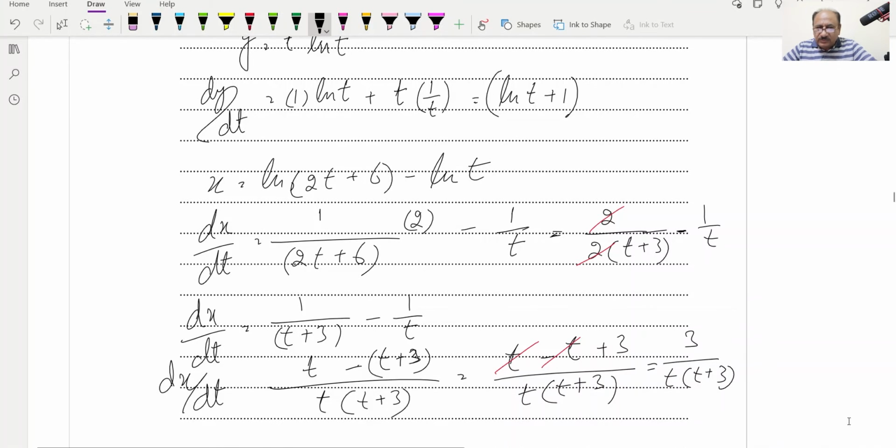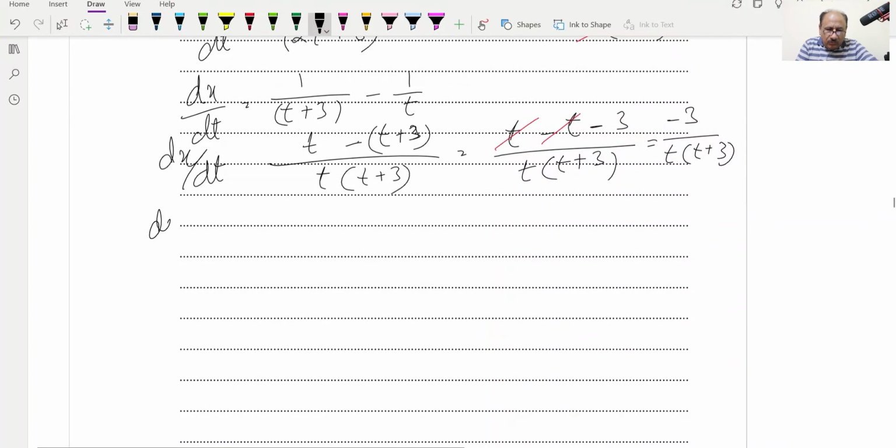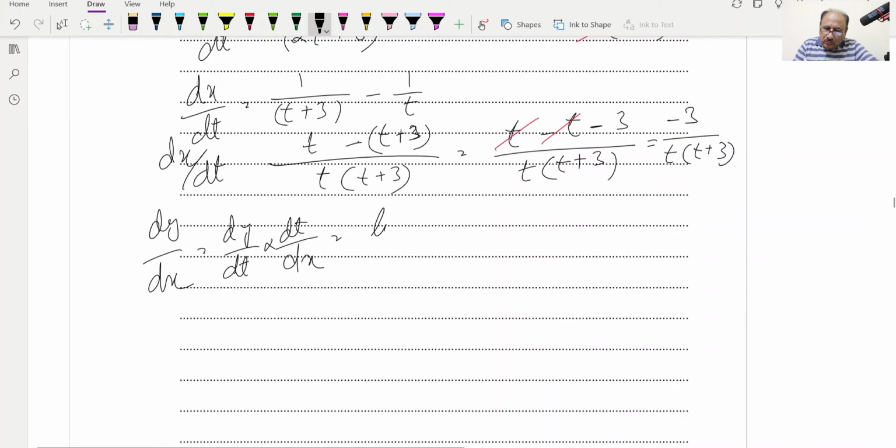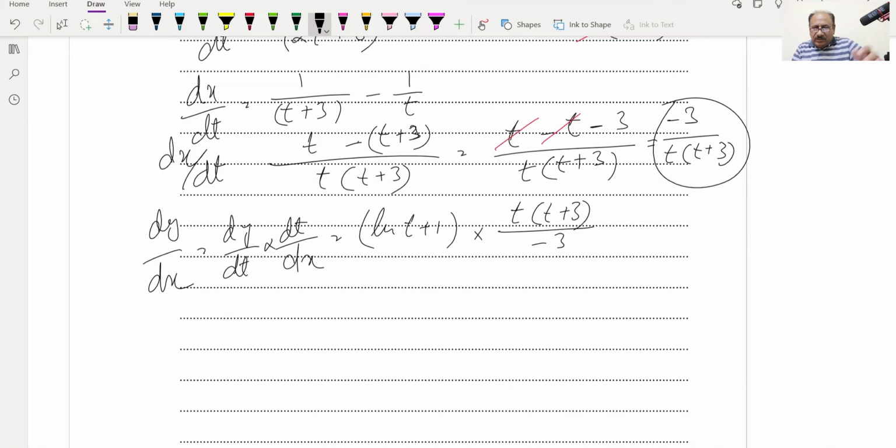Now after finding this dx by dt value, this should not be plus. When we open the bracket, it should be negative. I don't know why we are making mistakes. So this dy over dx we can now write in chain rule, dy by dt into dt over dx, and dy over dt we found over here, which is log t plus 1 or 1 plus log t. So log t plus 1 and multiply by dt over dx, we will take the reciprocal of this one and write over here, so it will be t into t plus 3 over minus 3,